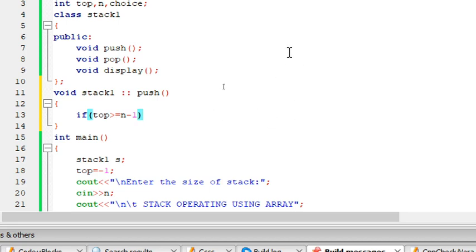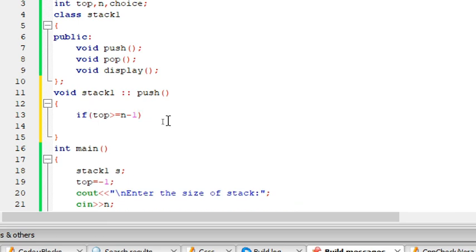So all the values will be entered. The top is now pointing over here to the last value which is inserted. I don't have any more space to insert. That's my maximum size. So I say n minus 1, that is 5 minus 1, that's 4. So if it is at the top, I should say the stack is overflow.